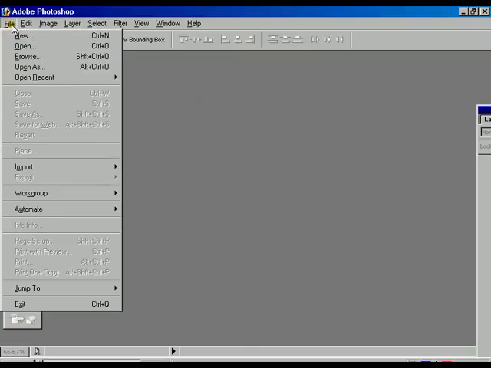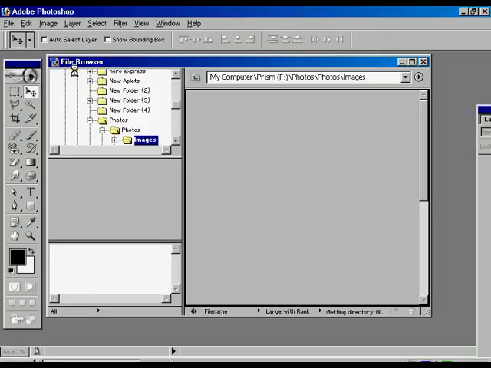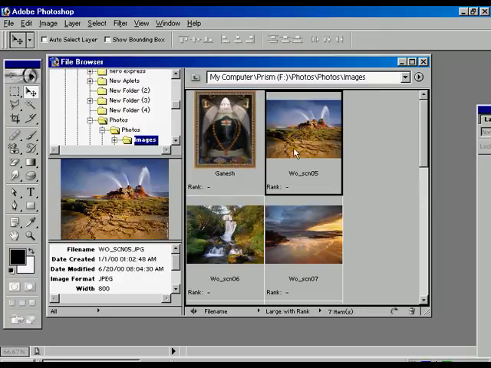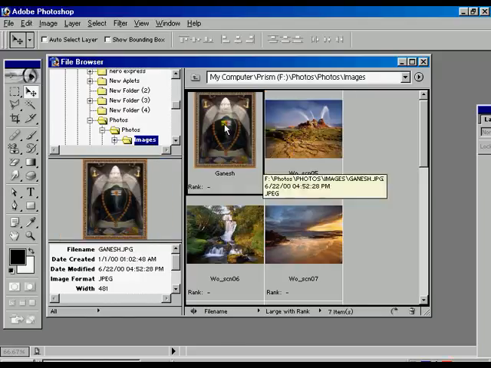Now once again go to the file options. There is another option called the browse option. Select that one. Now we can see on the upper left hand side there is an option where the directory is mentioned. Within this directory where your images are, we can select that particular directory and all the images are going to show in the right hand side window, and we can see the thumbnail view of the images.